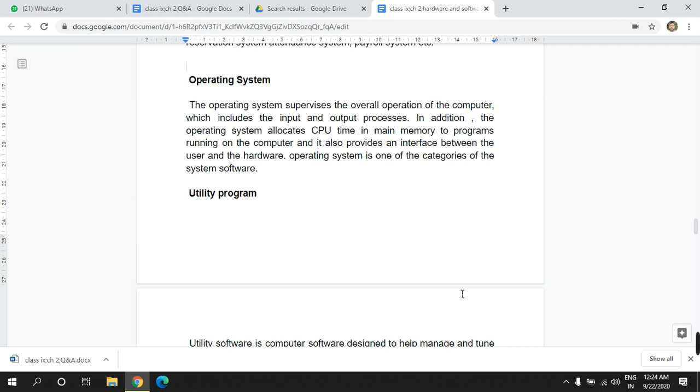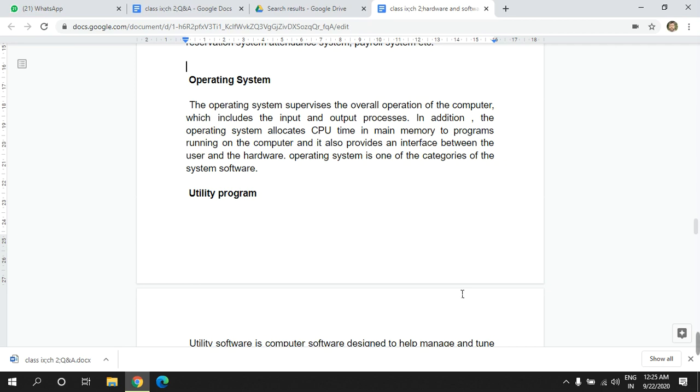If we have a computer system, the first thing we do is get a Windows operating system installed, and then we install other software such as MS Office. The operating system brings life to the computer, and through it the hardware is also operated. It acts as an interface between the user and the hardware devices, and it is a category of system software.